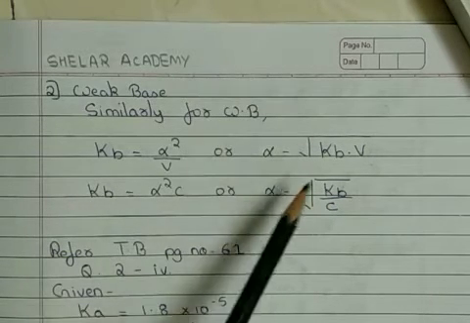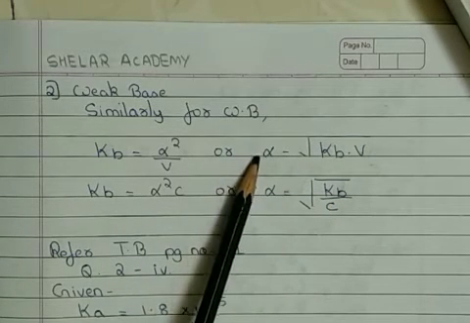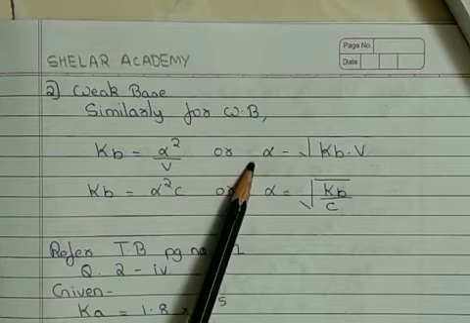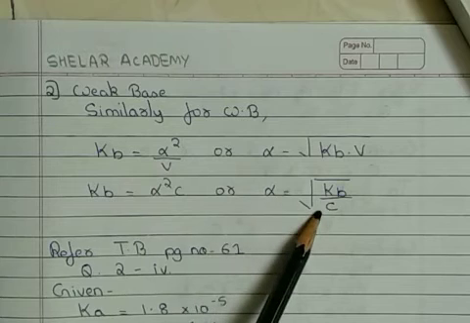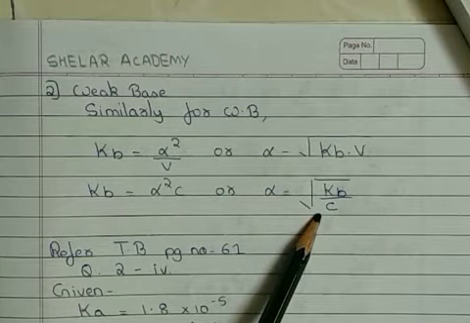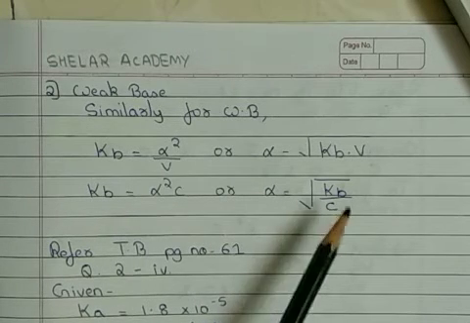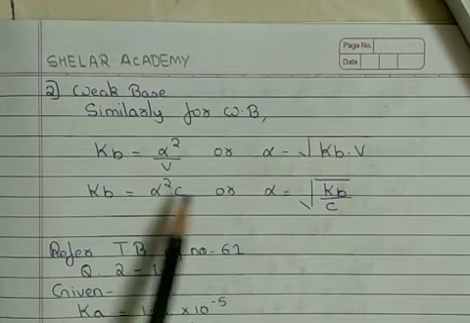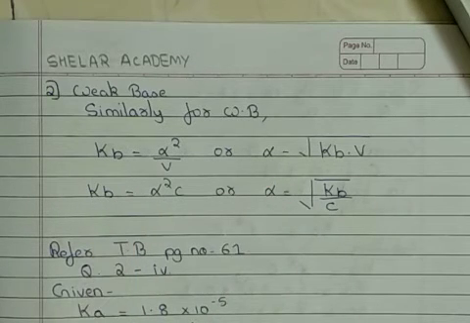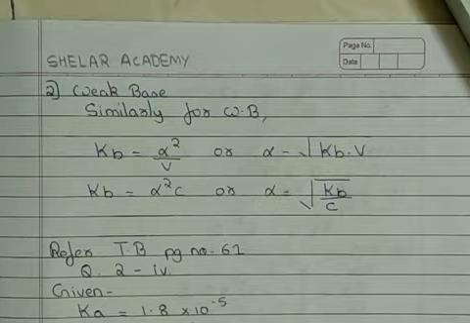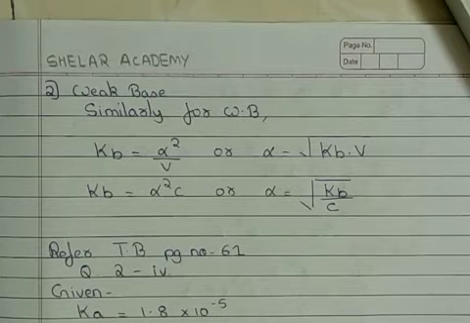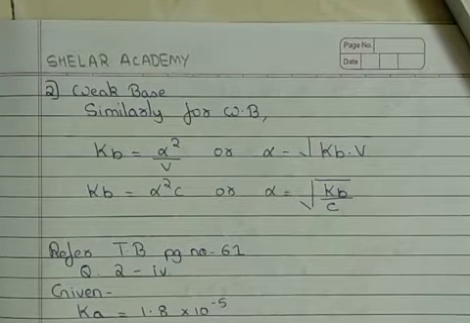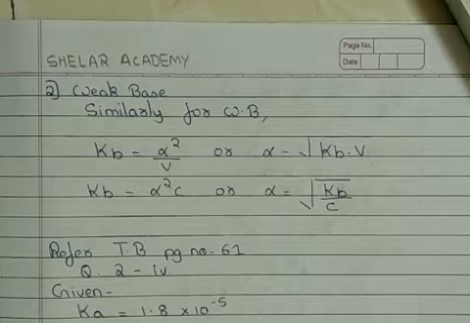So in this also we find that the degree of dissociation of a weak base is directly proportional to the square root of its volume, or it is inversely proportional to the square root of its concentration, considering the solution has 1 mole of weak base. The question can come to derive Ostwald's dilution law for weak acid or weak base, and accordingly we have to make the changes. For weak acid it will be HA and Ka. For weak base it will be BOH and Kb. That is a very important change which we need to remember.